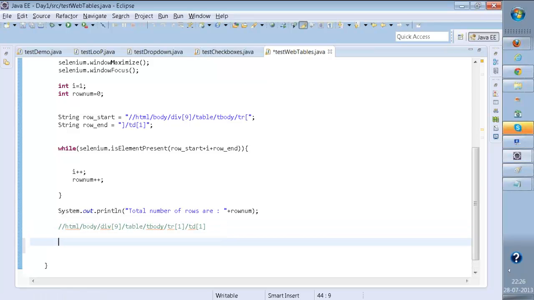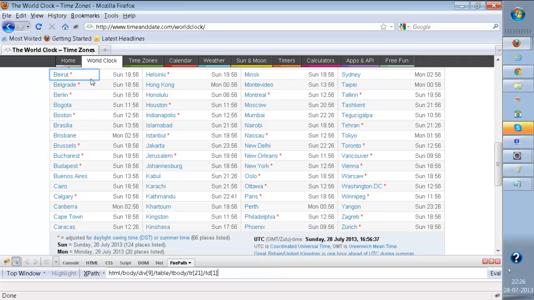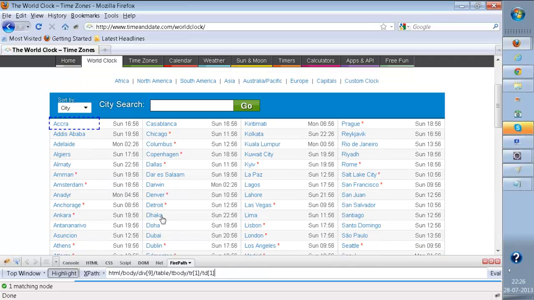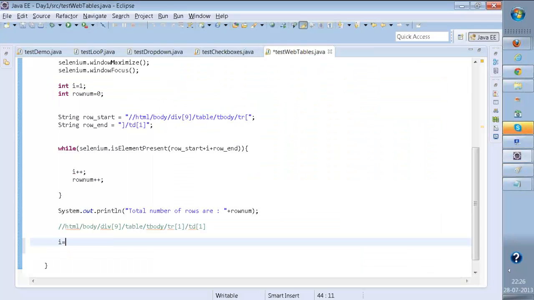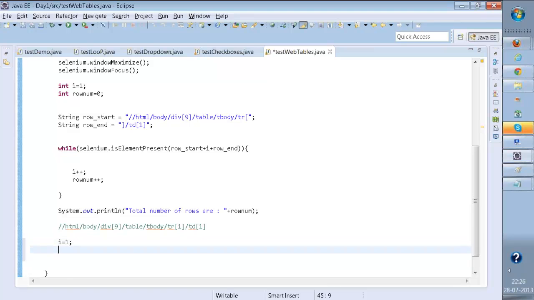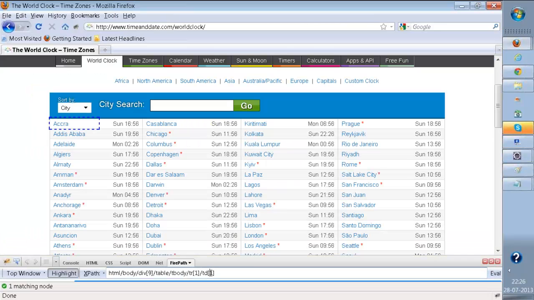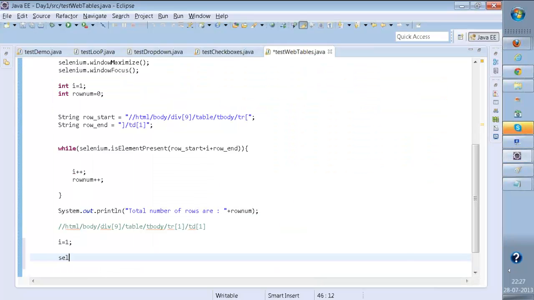So if I take my mouse over here, the columns are also starting from 1, right? So I'll say i equal to 1. And then I'll again break this XPath. I'll take this part, since this time the dynamic element is this. Right. So I'll break this XPath and I'll say